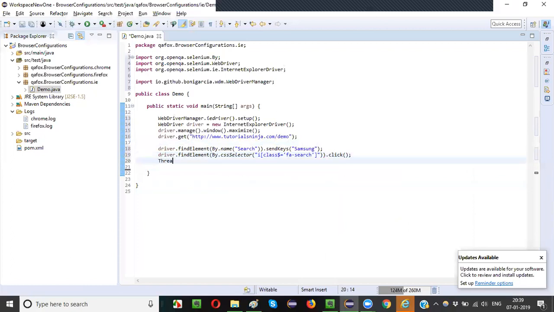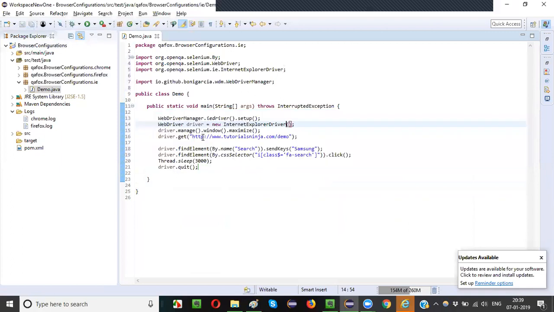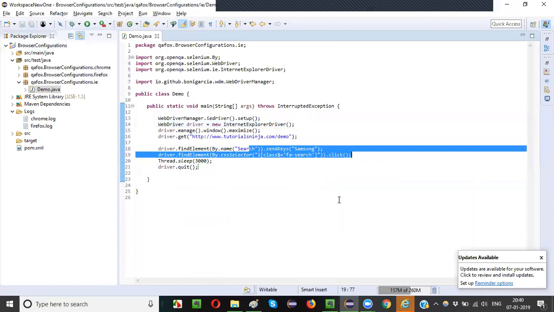Now, for demonstration purpose, I will say thread dot sleep. Okay, 3 seconds. For 3 seconds, I am intentionally sleeping, and then driver dot quit I will add. That's it, guys. This is a normal program to learn the automation scripts in IE browser and then open this application and do these operations on the IE browser and